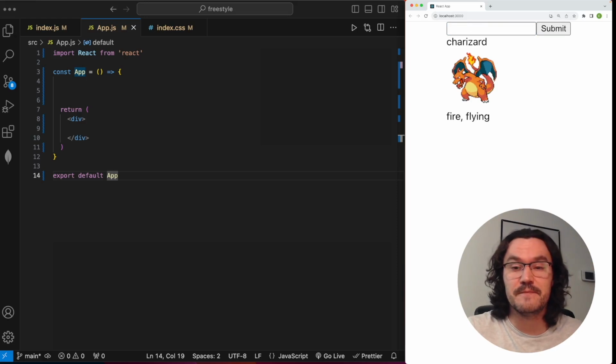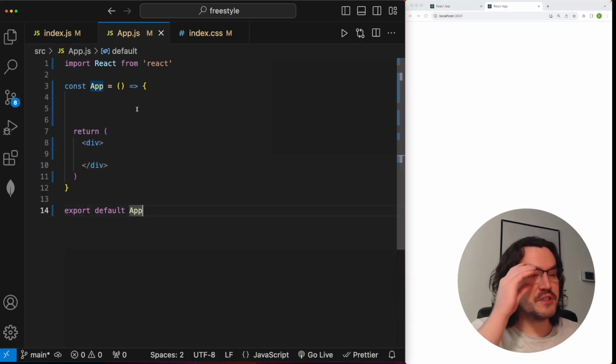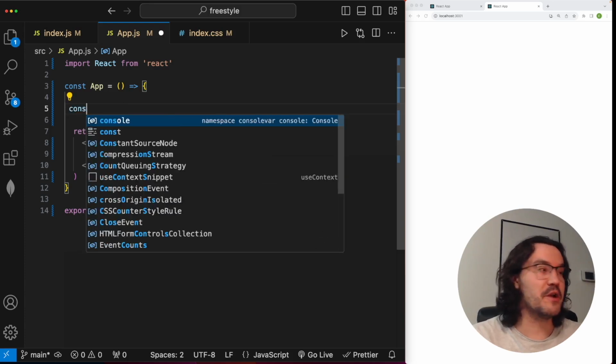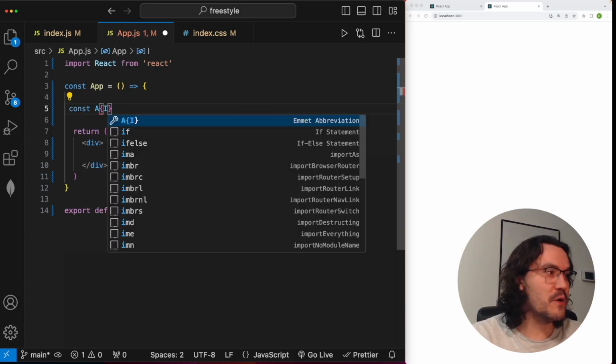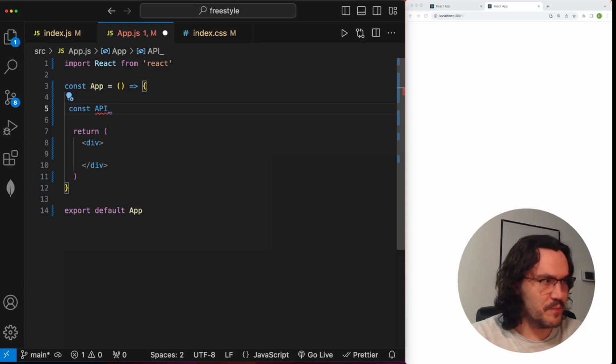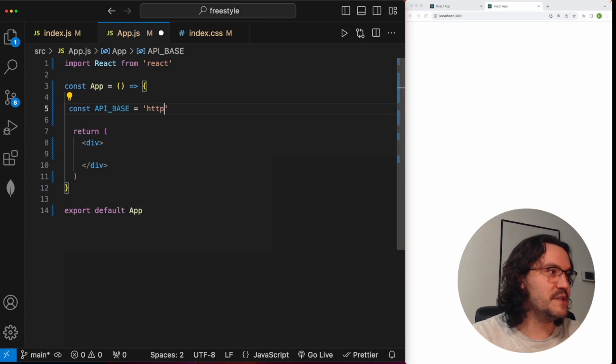So let's get started. First thing we're going to do is create a variable that's going to represent the API that we're going to hit. The API is called PokeAPI. It's a pretty common API for a lot of these beginner Pokemon applications. So we'll go API underscore base equals